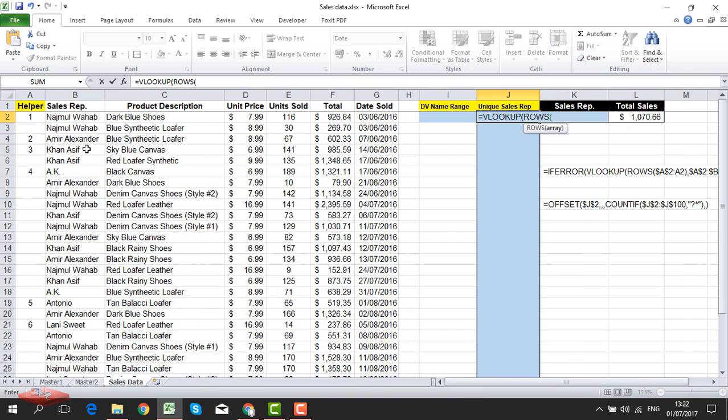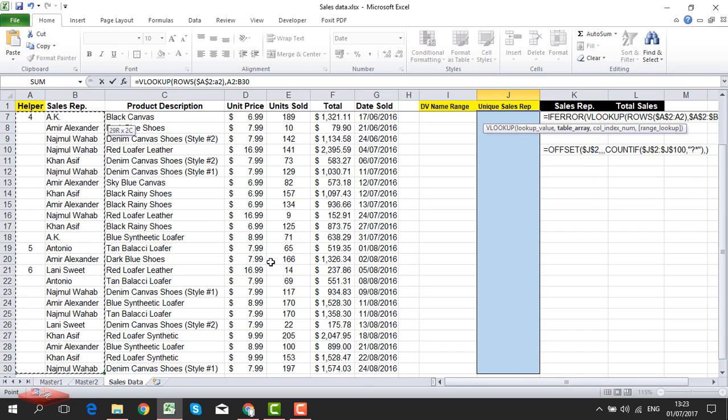In this cell we will lock it, A2 to A2. We will lock the first reference, because we want from A2 all the way down. This is our VLOOKUP value, and then we will go to the table array. Our table array will be these two columns, because those two are dependent on each other. So we will select from here all the way down both these columns,